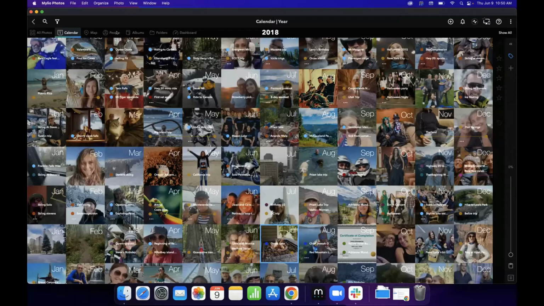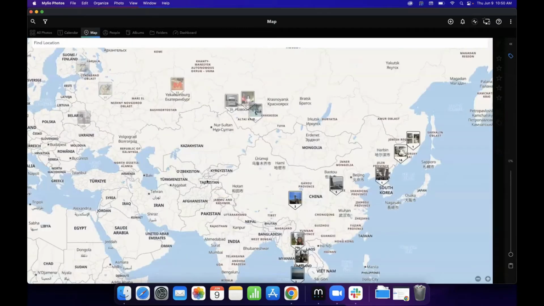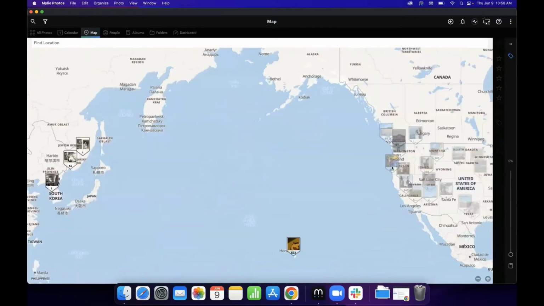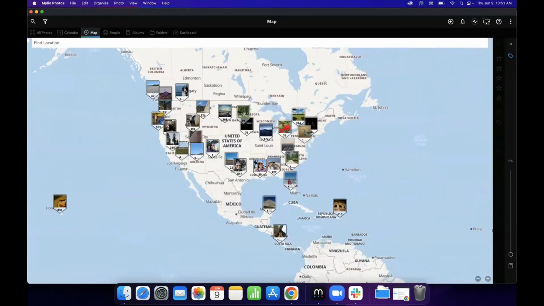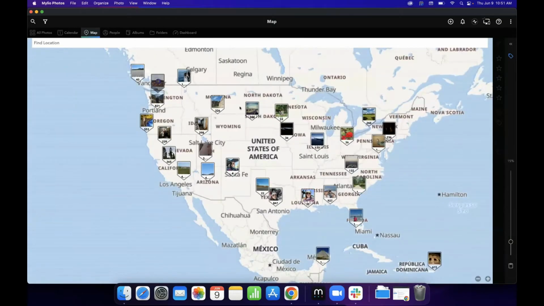I love going all over the world, but lately I've been traveling across this country a lot. And what I like to demonstrate to people, not that I'm trying to brag about it or anything, is where I have been in the world. And especially if we just look at this country alone. And this is how Mylio shows all the pins to the places